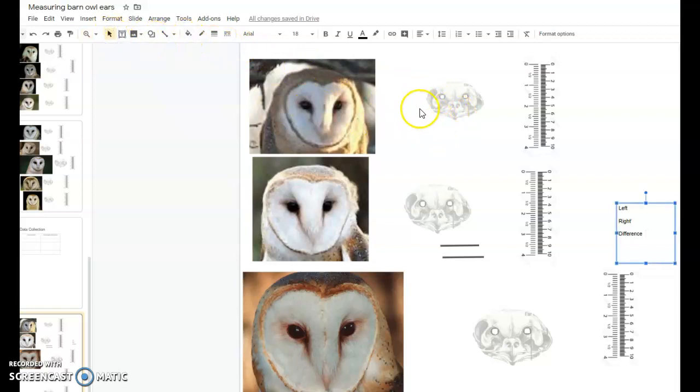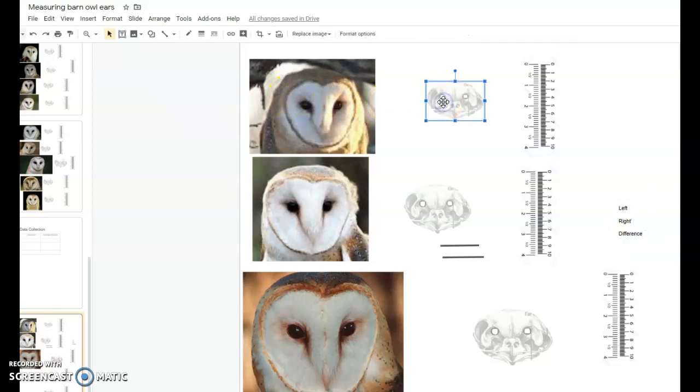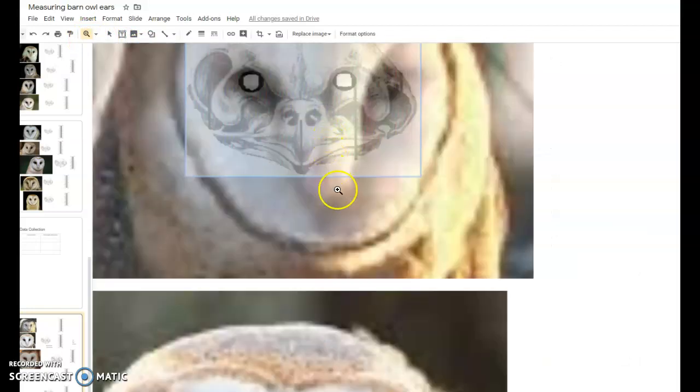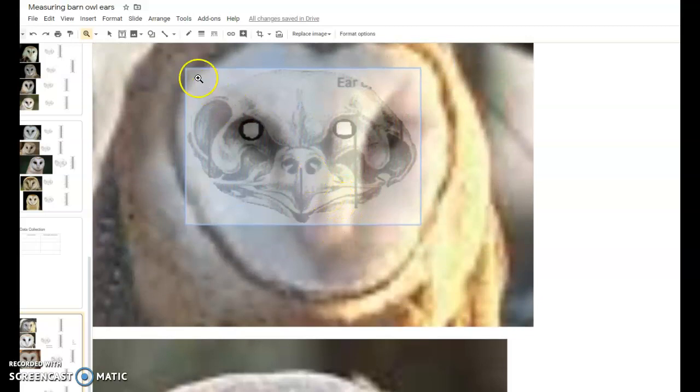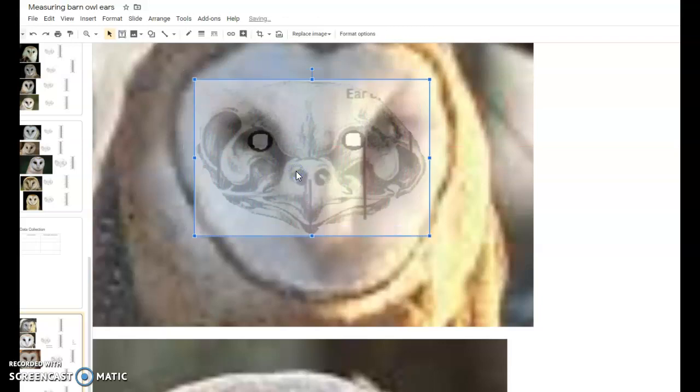So, in order to move skulls, you should have highlighted the little select arrow button here at the top. Select the skull, drag it across, and place it so the eye on the left side matches up. Now there's a really interesting tool here in Google Slides that says Zoom, where you can take the magnifying glass, click on it once or twice, and then you can click back to the arrow and then line up the owl's eye